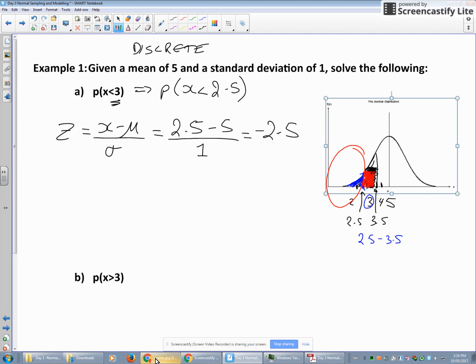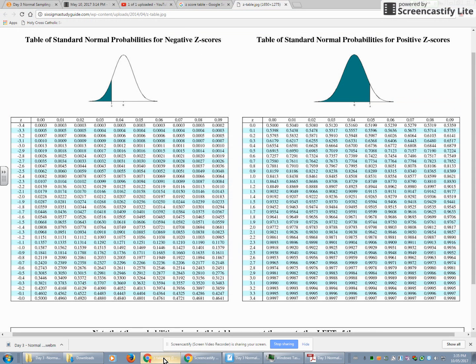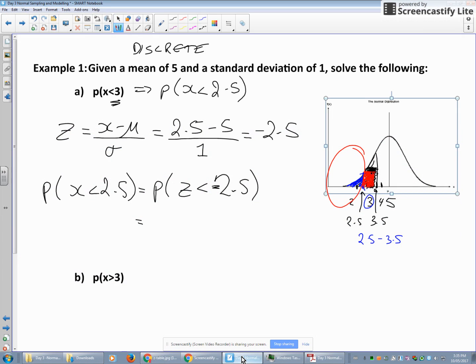I need to therefore say that the probability that my x is less than 2.5 is the same as the probability that my z is less than minus 2.5. So I need to look on my chart. What is the z-score of minus 2.5? The z-score of minus 2.50 occurs right there, 0.0062. So that gives me 0.0062, or in other words,